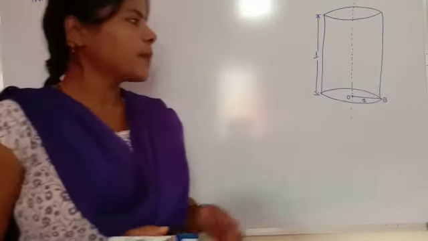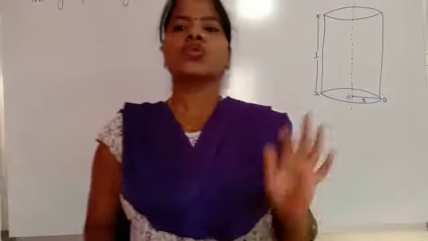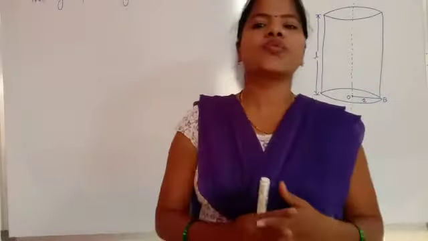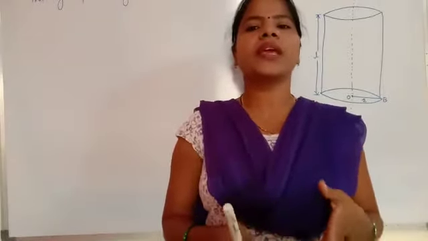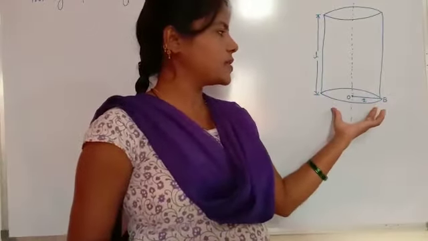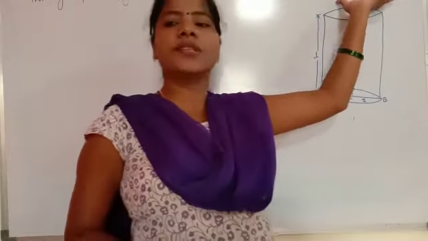So here, this is the axis of the cylinder, the middle axis. And this cylinder is fixed at the upper end and free at the lower end. So this is the lower end, that's why this is the free end, and this is the upper end. So this is fixed with a rigid support.